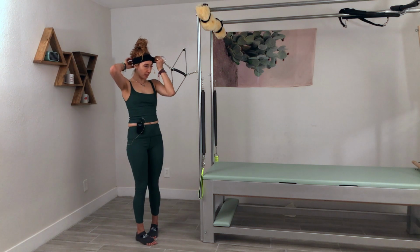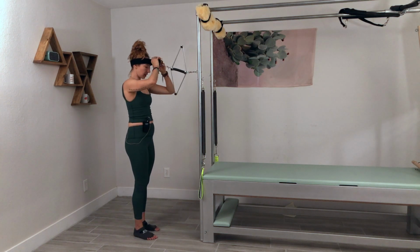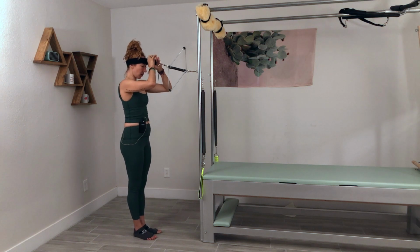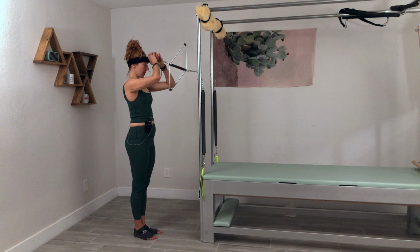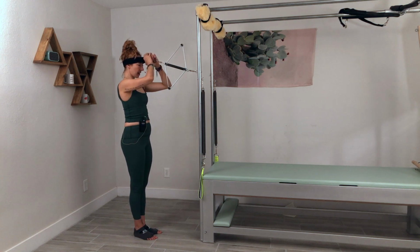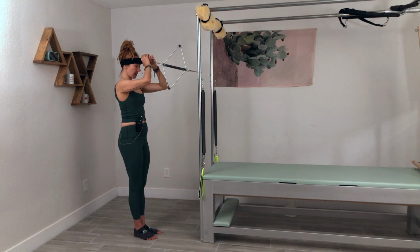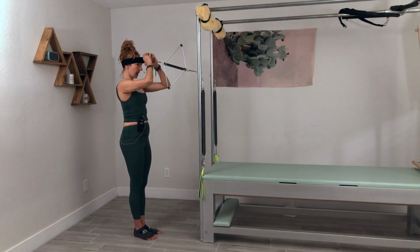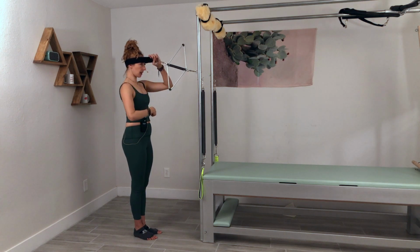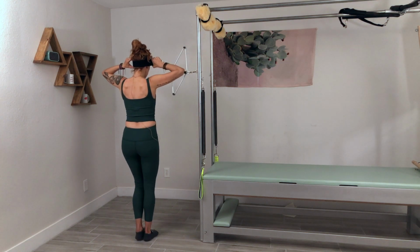And so you might have more energy and nothing happening in that one, but you're still feeling the work, and that's good. And then you go forward, and same thing as when you're facing away from the Cadillac, your whole body is going with it. And you'll feel all the muscles of your upper back engage, and you'll feel your stomach pull in to make this happen. And then you can go to the other side, and it's so good